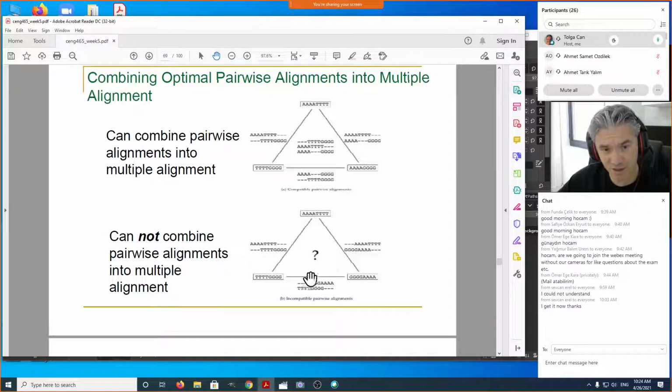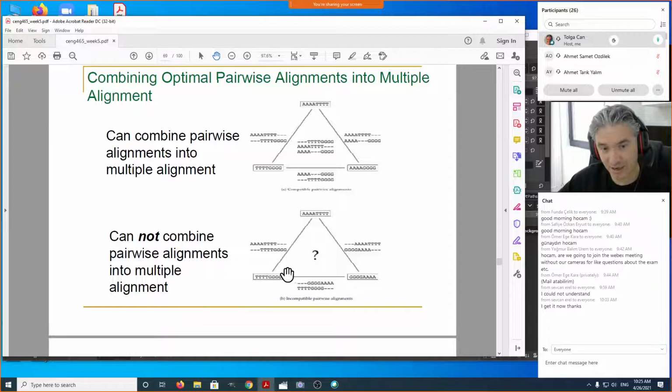Let's see. These two could be put on top of each other easily. I can put these GGGs, which is this sequence actually, right here. I can put this AAA TTT right above here, right? So TTTs are going to be on top of these TTTs. So an AAA is going to stick out like this. I'm going to introduce new gaps. But if you try to do the same thing with this, it will not be possible, because here the AAAs